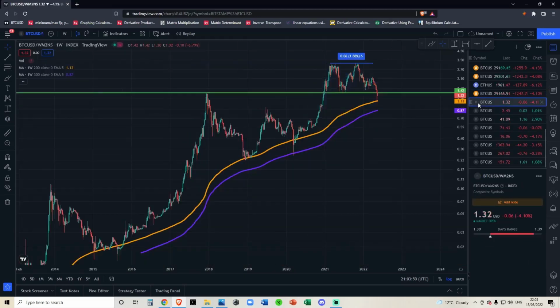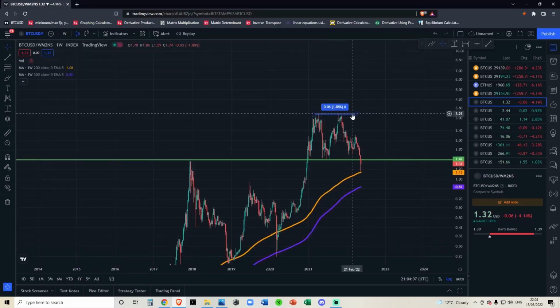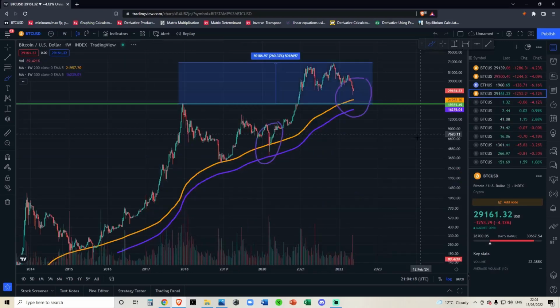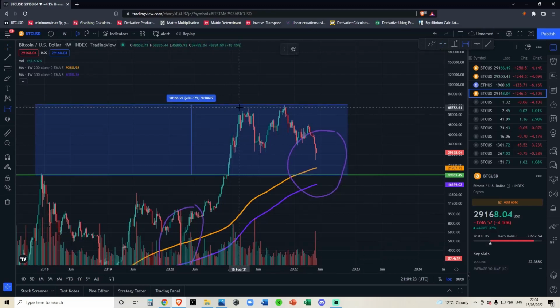When we come over to this chart, which, bear in mind, is an index, it is an index of the BTC-USD price divided by the M2 money supply. So this is a super interesting chart, and what you'll notice is we did not really make too much of a new peak when we went over into the next cycle. In fact, we only went up 1.8%, after we had this kind of double top structure. And if you compare it to what happened on the BTCUSD chart, not accounting for inflation, not dividing it by the M2 money supply, you can see it actually went up